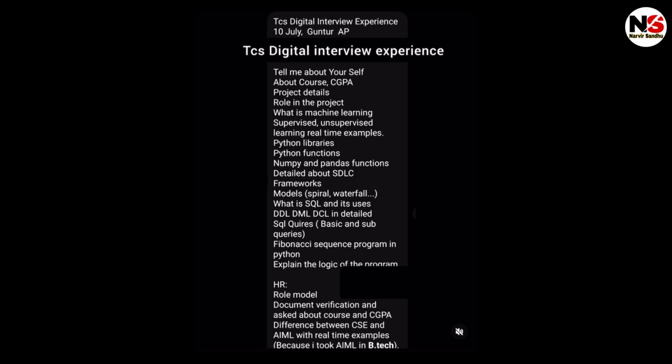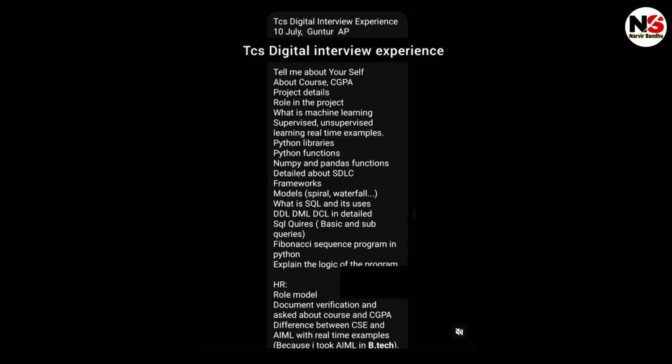Then the next interview is of TCS Digital, and this interview was conducted on 10 July. This interview also started with the self introduction, then about courses, CGPA, project details, then role in the project, then what is machine learning, supervised and unsupervised learning, then real-time examples, Python libraries, Python functions, NumPy and Pandas functions,